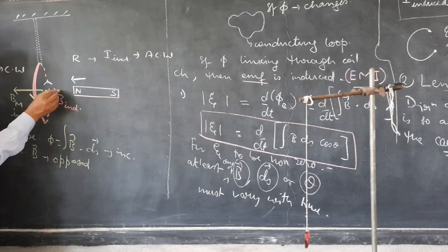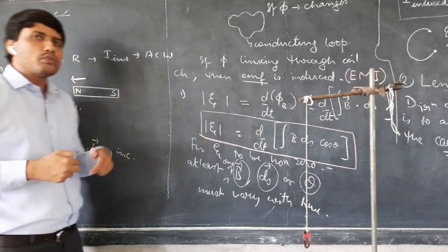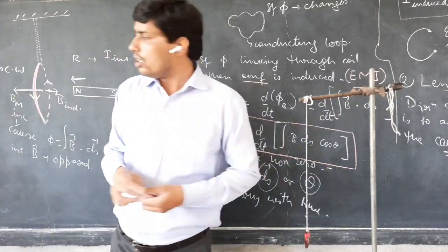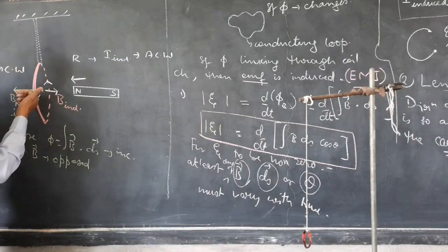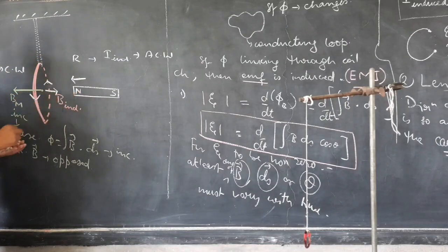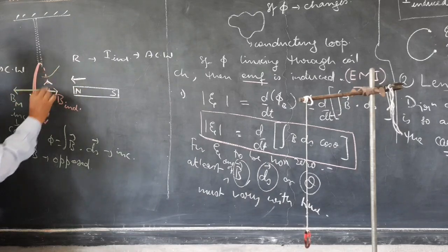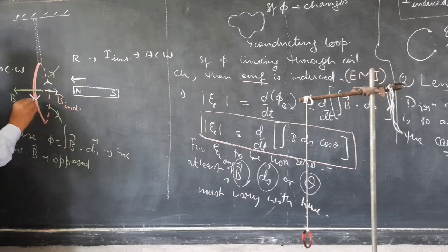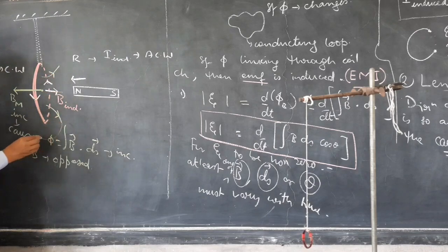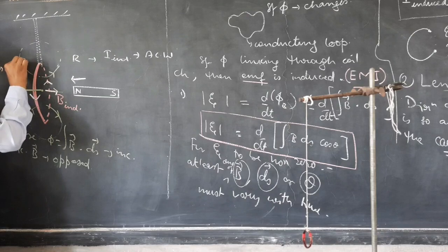So this side, the magnetic field due to induced current. So if current is like this, you know the pattern of magnetic field lines due to current carrying coil. So if current is flowing like this, its magnetic field at the axis will be exactly along the axis, but as you move away, the magnetic field lines will turn like so. And they will form loops like this. They will form closed loops.